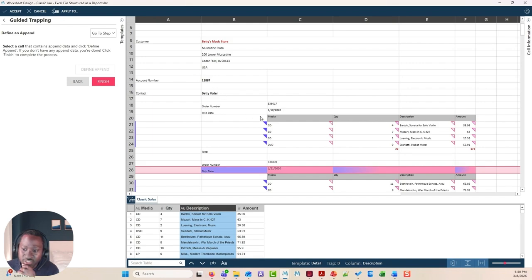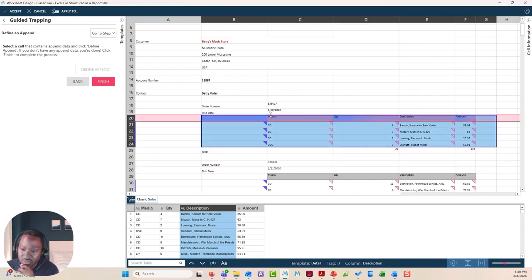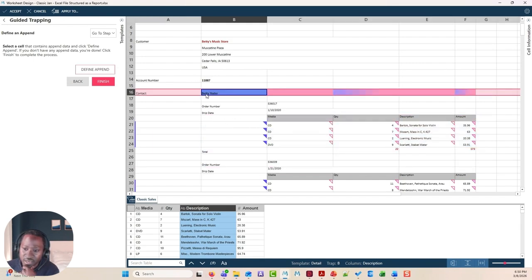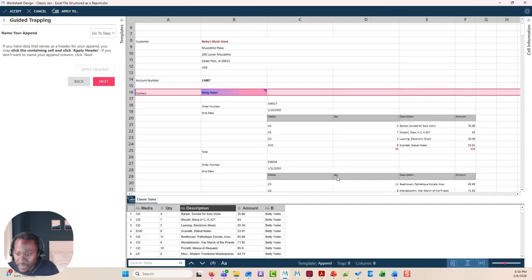So append data is usually something that's not in your detail. So in this example, if I wanted to capture the contact, I could right click on this cell and say, go ahead and define the append, and it's going to capture that. I don't have any headers to apply, so I could click on the cell here and say apply header. Okay, and that does that as well. So if I click next,